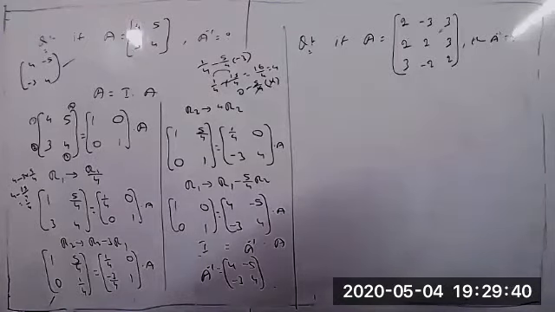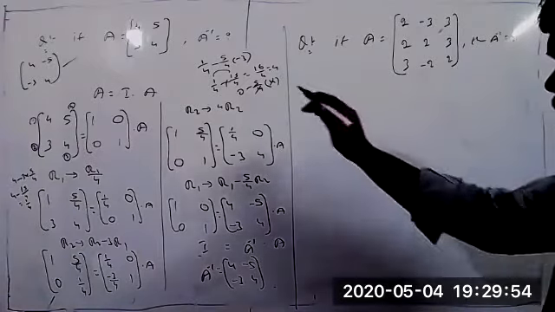You apply the find in the determinant. Later A inverse equals adjoint A by determinant of A. We get the A inverse now. But now we have to solve this problem by using elementary operation. It's the same thing only, so no need to get any confusion here. The same condition you can apply.